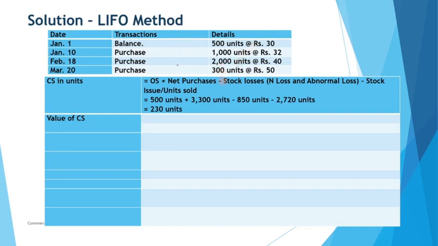Closing stock as per LIFO system is based on last in first out. That means these units must be sold out first. So closing stock should be from the initial lots, right? This is what we have studied. So it should be based on 30 rupees per unit, which implies we can say that out of this 250 units, 230 are a part of closing stock and remaining 270 are the other stock, or it will be added in the remaining lots which are either sold or which are lost due to any reason.